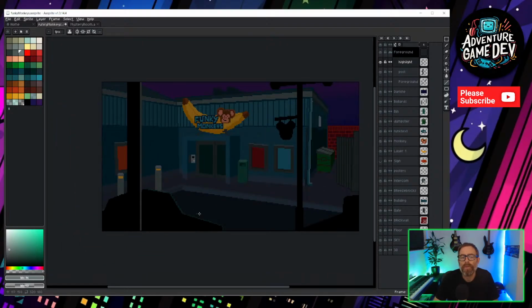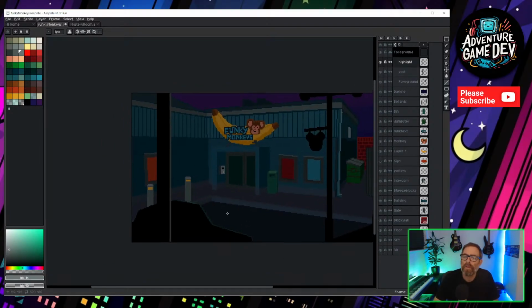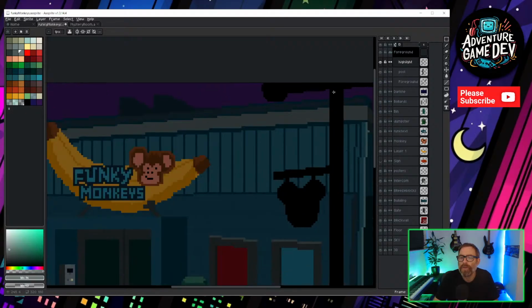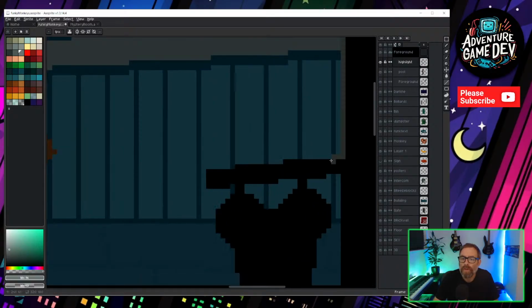Yeah, I mean, that's not too bad. Don't hate it, which is always good. Certainly if we end up putting this as a light that's on, this little cross beam and the little monkey thing, all of these are going to need just touches of light on the top of them.